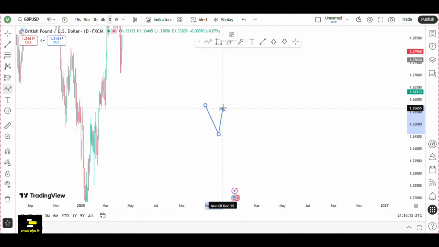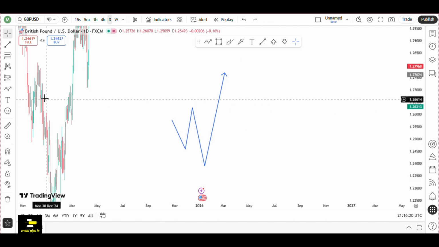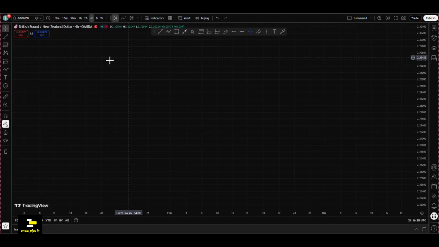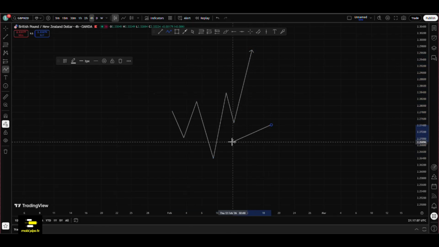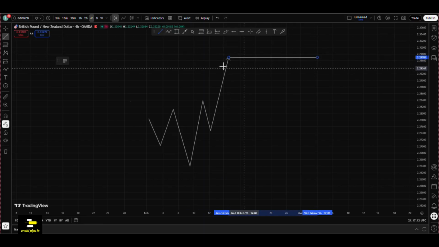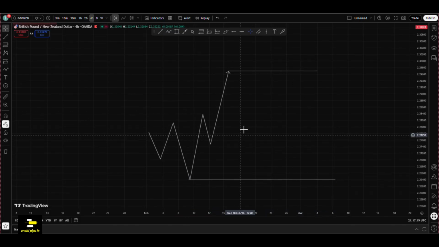So when you see a swing structure, you will have to take your Fibonacci tool. Okay, so you will have to take your Fib retracement tool. Let's say you get a structure like this. All right, we are always focusing on the swing setup. All right, this is where our focus is.